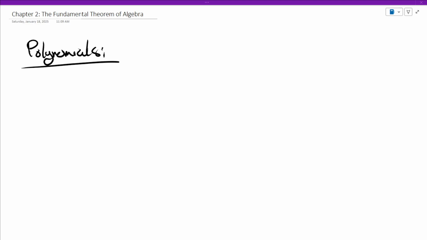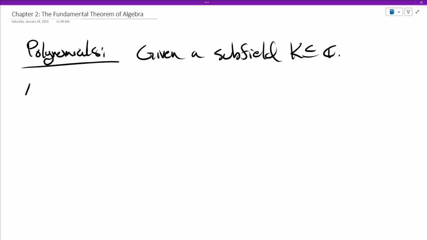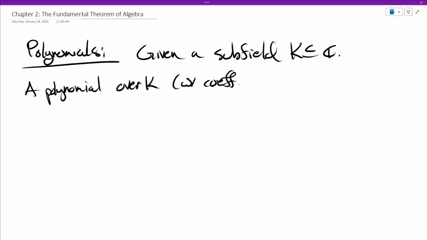We're now going to turn our attention to the fundamental theorem of algebra in chapter 2, and to properly state it, we need to build up the algebraic structures that we're going to be using. So what's a polynomial? Well, given a subfield k of C, a polynomial, we say either over k or with coefficients in k,